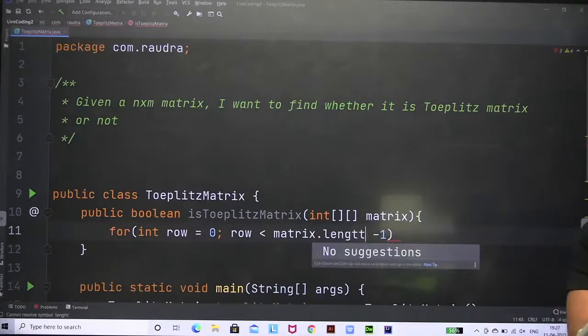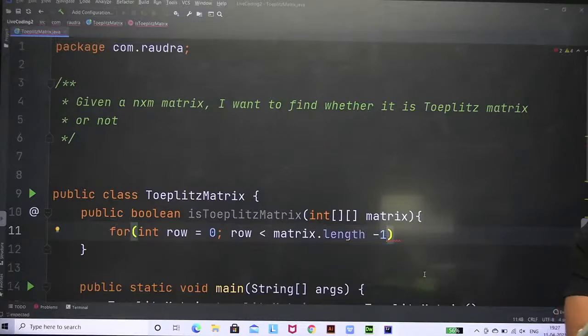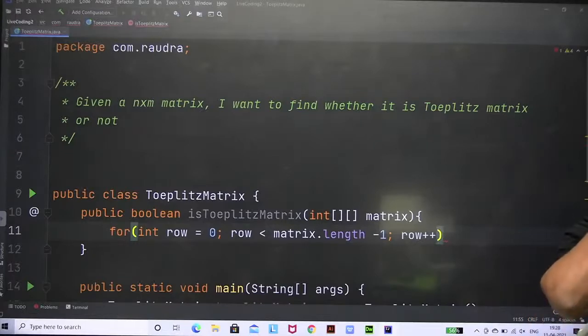So row is less than length minus 1. What is the meaning of this line? This line is going to traverse all the rows one by one, right? Many people generally use i comma j, but that is not a good practice. When you are writing code about a matrix, always use